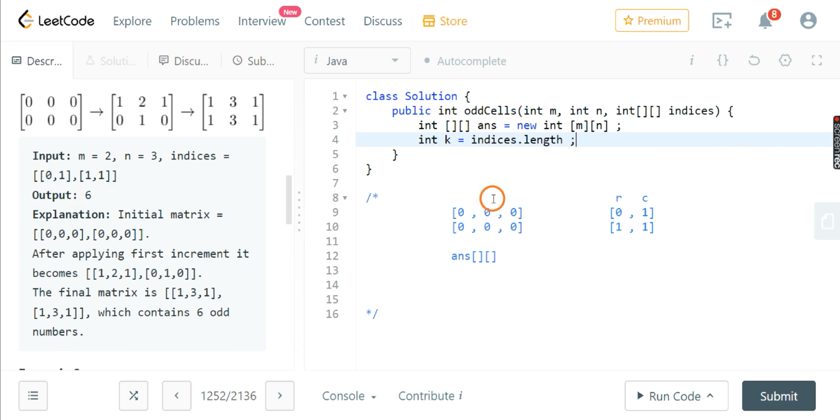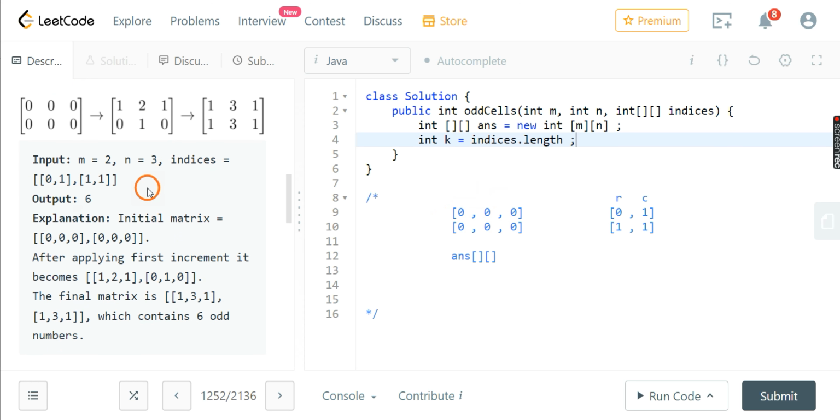So let's see how to increment all of these. After applying the first increment, our answer matrix will look something like this. So let's apply the increment. It is saying to increment all items present in the zeroth row of our answer matrix.